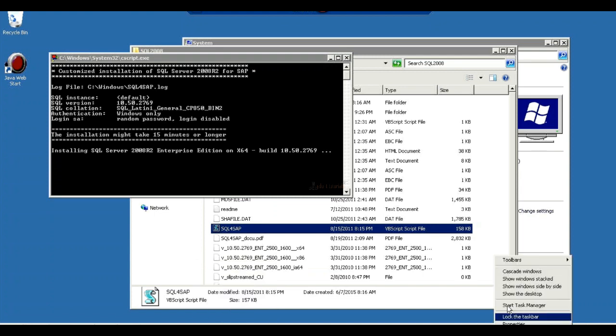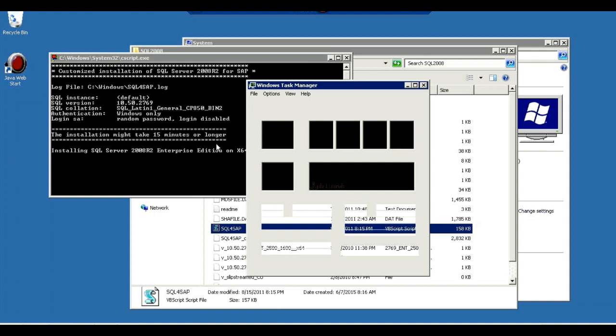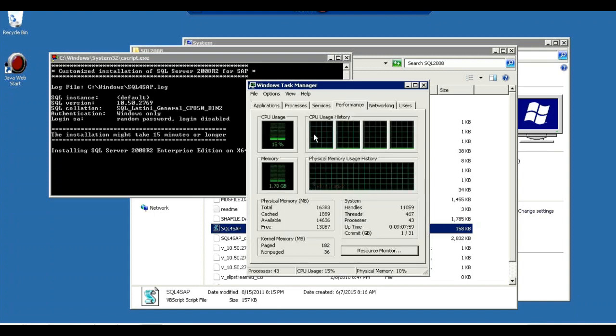Go to the task manager. See here, 1, 2, 3, 4. These are 4 core CPUs, which means internally it contains 4 processing units. Every processing unit can handle the multi-threading concept.